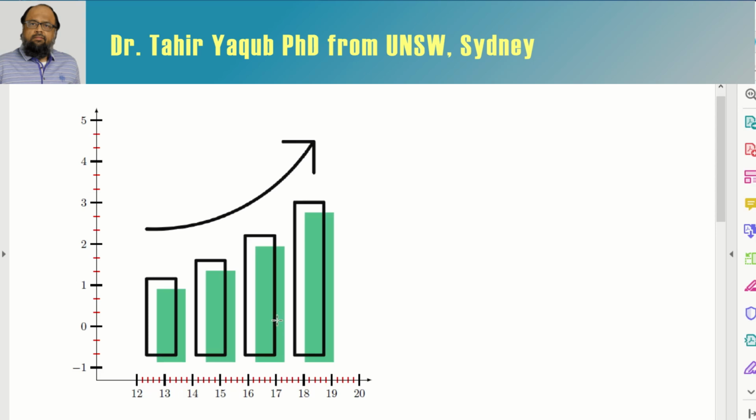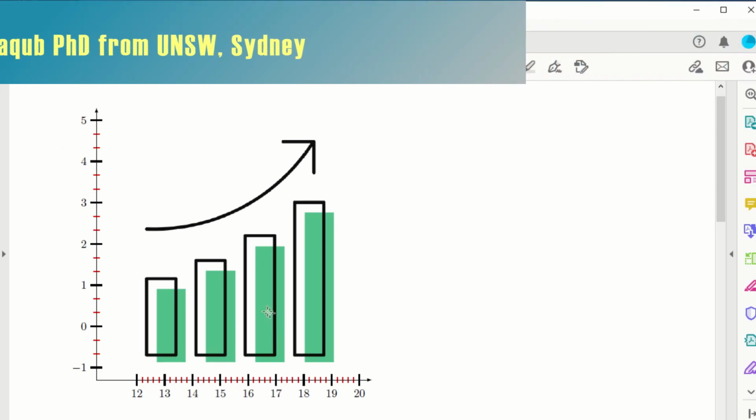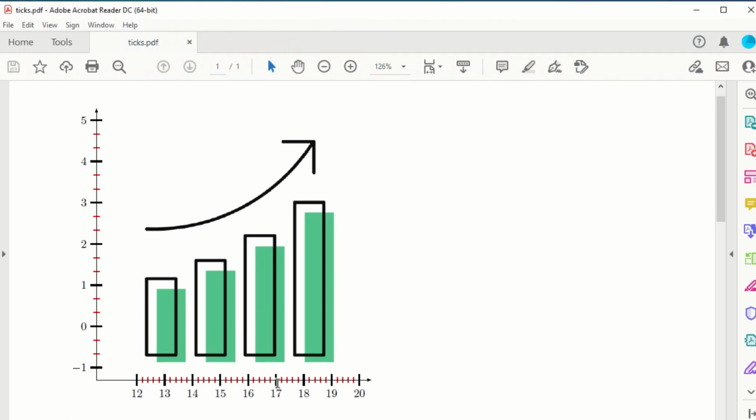Now, one reason to make this video is that someone asked me a question, how to put these tick marks, major and minor tick marks, which you can see here. The major tick marks are shown in black and minor tick marks are shown in red. So someone asked how they can put these major and minor tick marks of their own choice. As you can see, they are not the same on both axes. On this horizontal axis, we have 4 minor tick marks and then a major tick mark, while on the vertical axis we have 2 minor tick marks and 1 major tick mark.